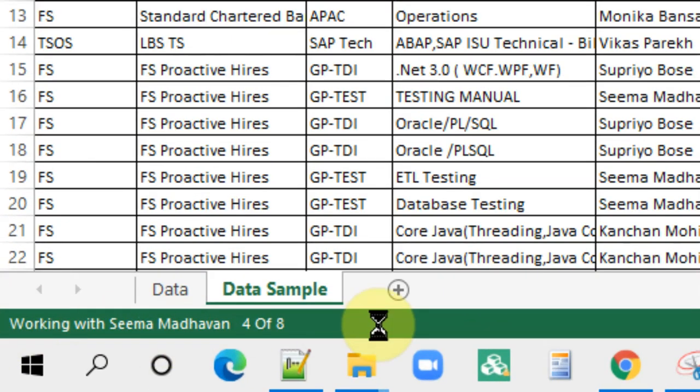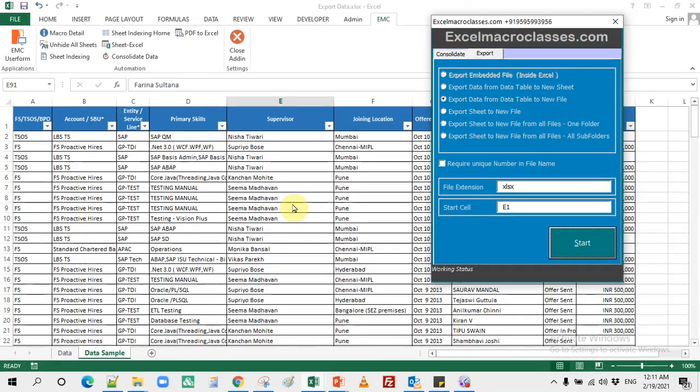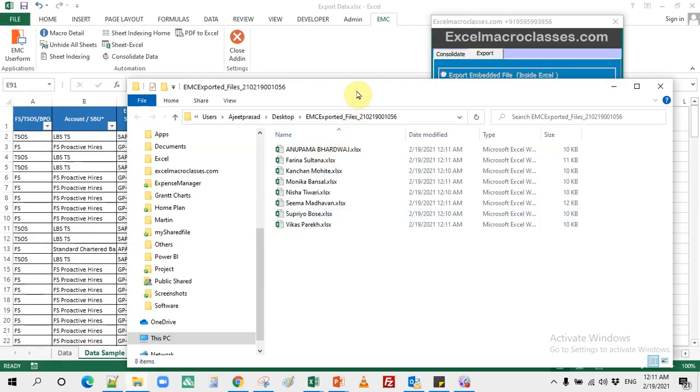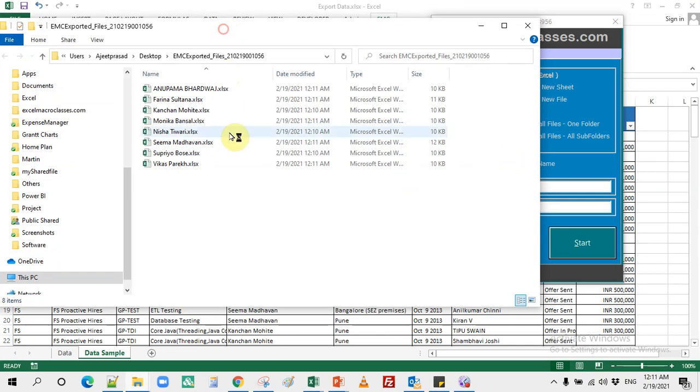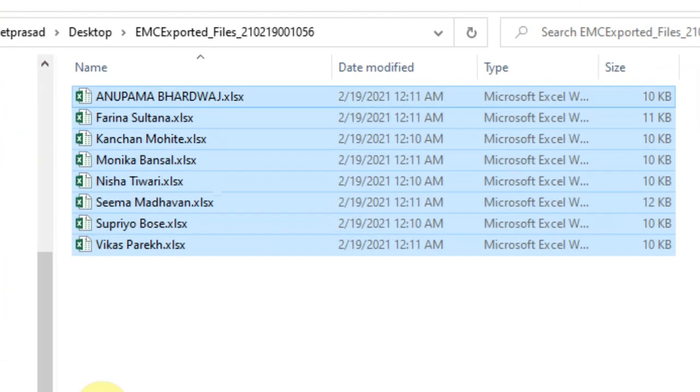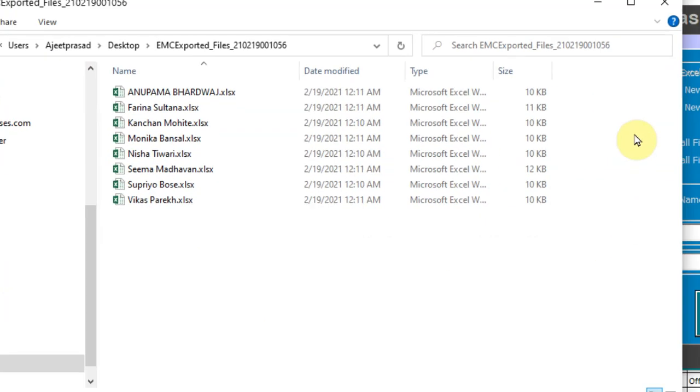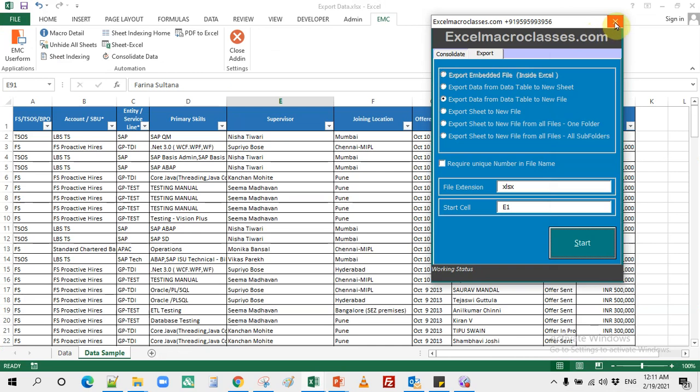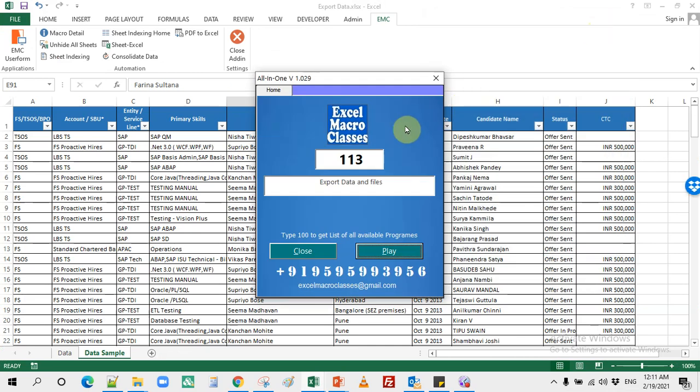Here if you notice, in total it has found 8 users, and out of 8 it is working on each user. So once it is done, a folder will get opened, and it will show all these files listed here. So here we have 8 files. Now we will close this option.